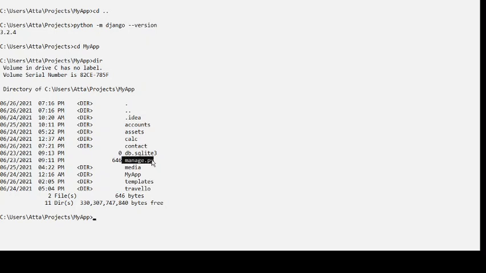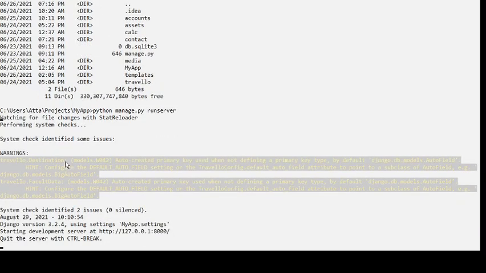To launch my app, all I need to do is write python manage.py runserver to launch my application. You can see my application has been successfully launched.